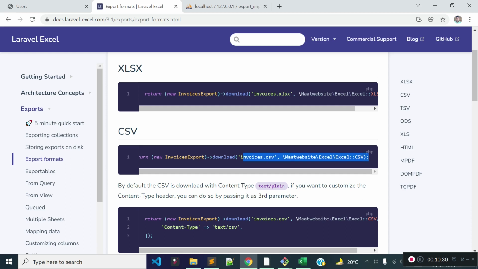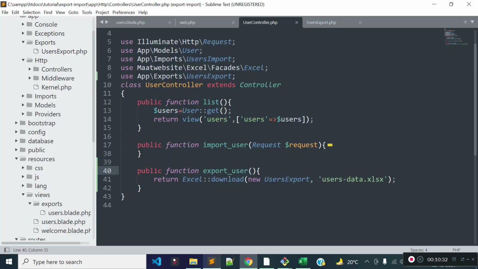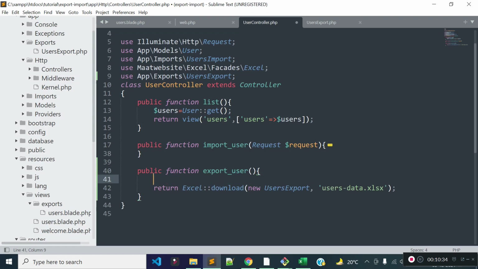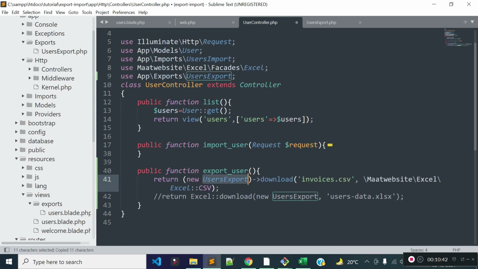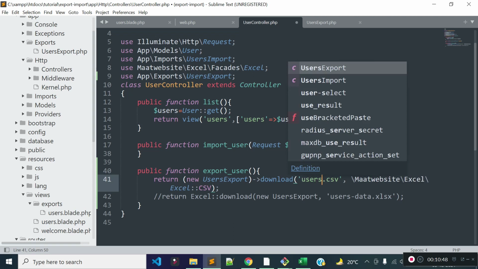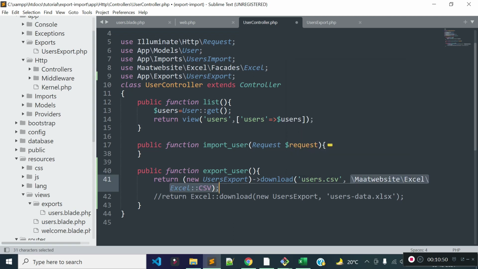So let's copy this from here and paste it here. Instead of this, I'm going to use this code, and we need to provide the users export here, and the file name with the extension. So this will be users.csv, and we are passing the file extension here.